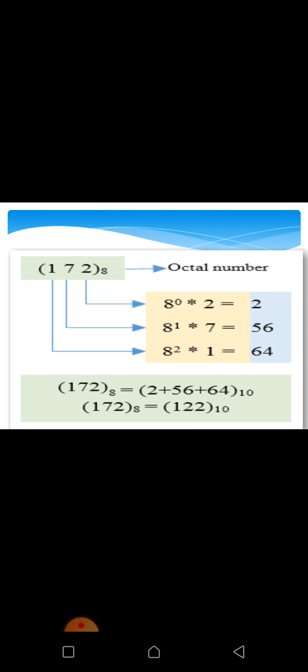Now let's take some examples of the octal number system. The first example is 611 in base 8. We simply multiply each digit by 8 to the power n. In the octal number system, the position of every digit has a weight which is a power of 8. After multiplying and adding the products, we get 393 in base 10. There is one more example of the octal number system.